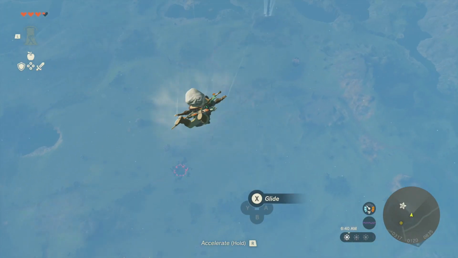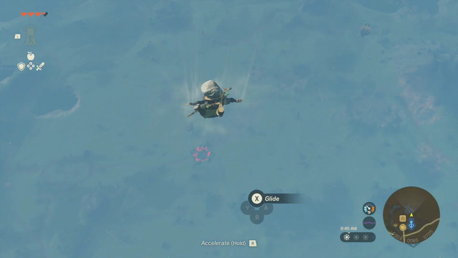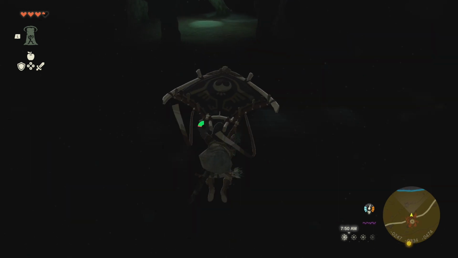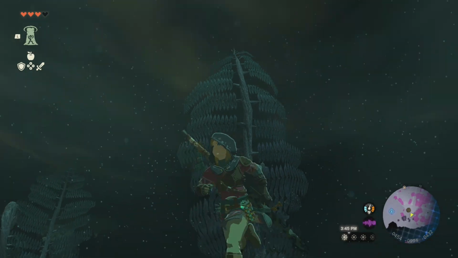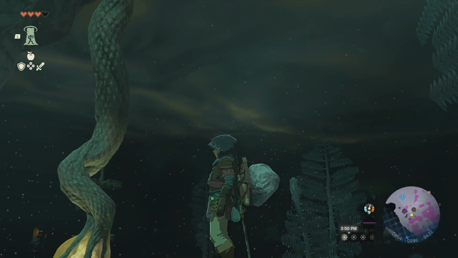Speaking of points of interest on the map, it takes just one skydiving trip to notice the several large gloom-filled chasms that have opened up on the ground. I entered one of these not too long ago and was absolutely floored by the huge dark underground cavern I came across. I had no idea we'd be exploring Hyrule's underground in quite this capacity,